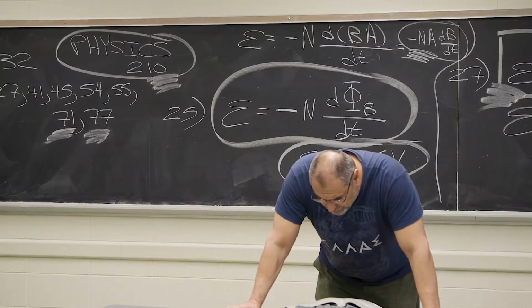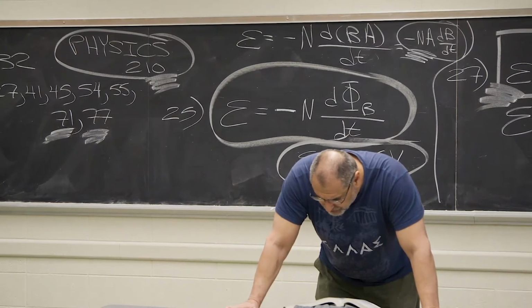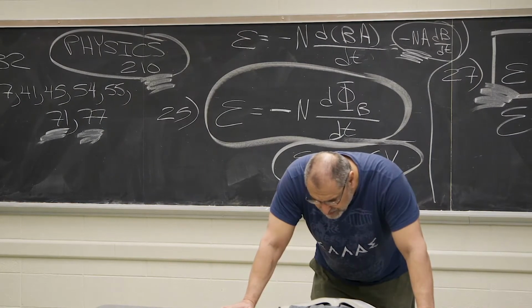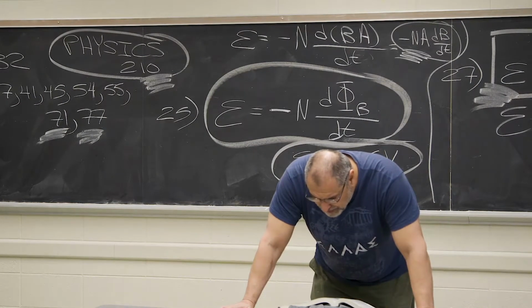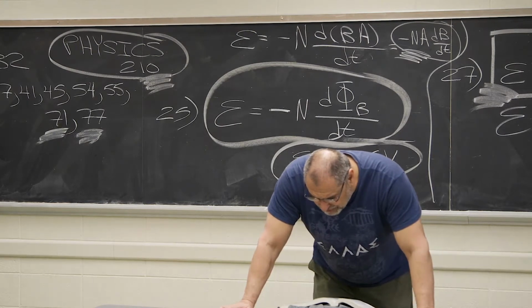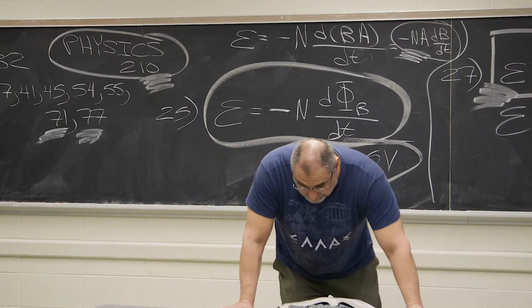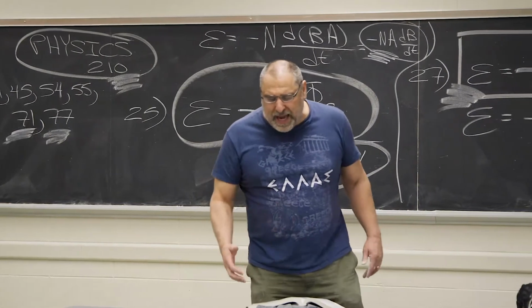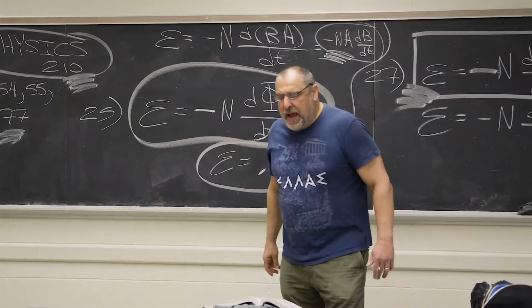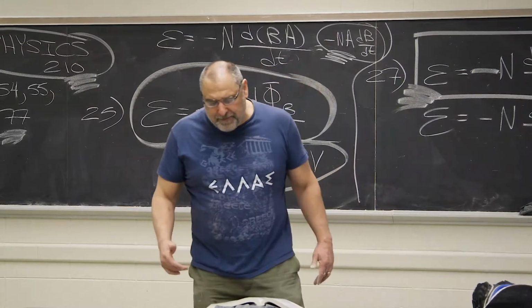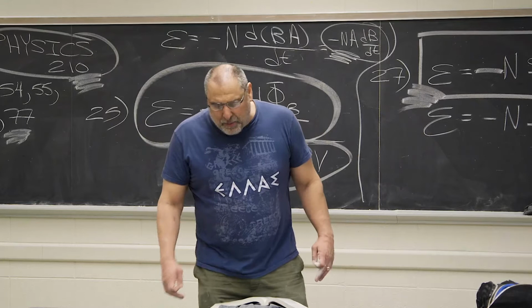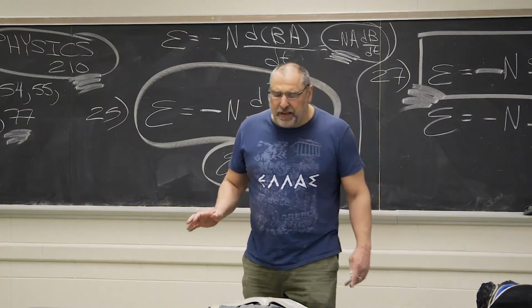A generator spinning at a rate of 1.20 times 10 to the 3 revolutions per minute produces a maximum EMF of 45 volts. At what angular speed does this generator produce a maximum EMF of 64 volts? Well, my gut tells me that if you want to get it to a maximum of 64, and earlier the maximum was 45, and we're saying that the B field is the same in both circumstances,